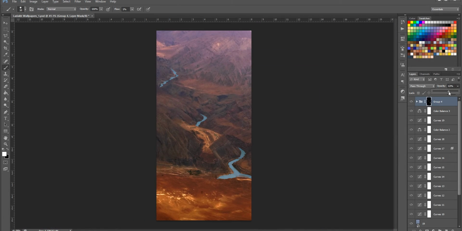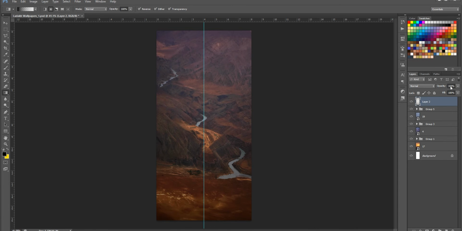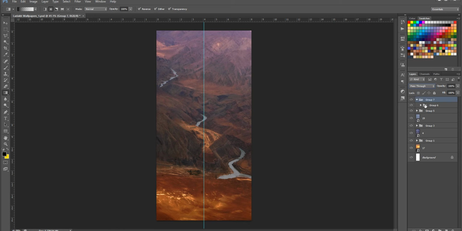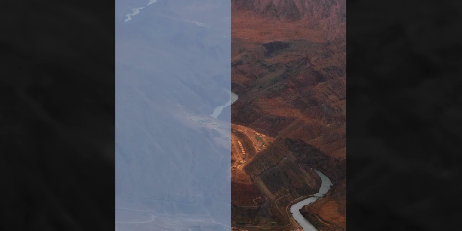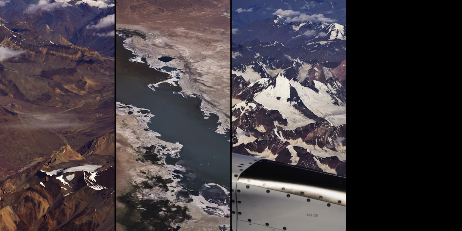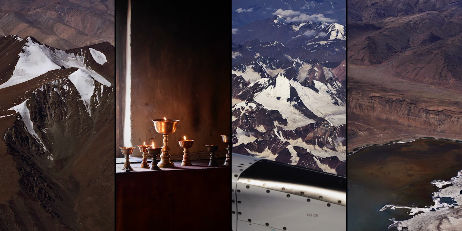So once that was done, I just reduced the opacity of the blue river to 40% to make the entire photograph look a lot more natural. I even added a subtle gradient to the entire image, and there it was, before and after. Huge massive difference between the 2 photographs. So there it is. Sometimes it just takes a little bit of color correction, but sometimes the amount of color correction required is humongous. Anyways, I made 7 more wallpapers using my Ladakh photographs, and I am attaching the link